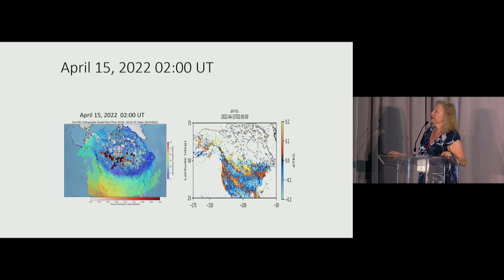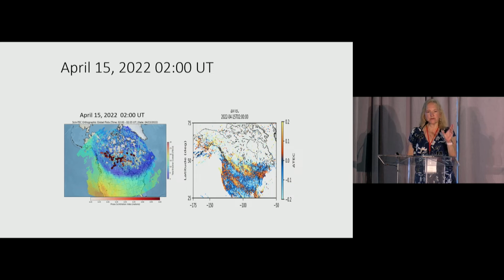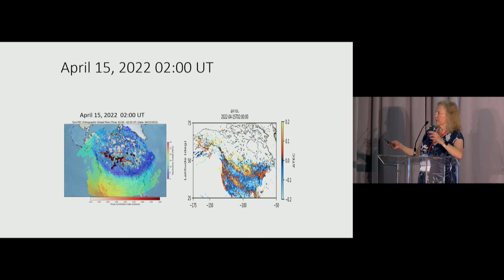This is recent. It's from April 15th, 2022. Here you see all of this TEC, right here, and you see in this region a fair amount of scintillation, and then you're seeing the TIDs right after it. One of the things we're seeing is that if you actually look at finer scales, we're seeing a lot more structure in the TEC, where I'm seeing actually waves of increased TEC in a very small region, and they seem to correlate with what's happening with the magnetometers. So I think there's a lot